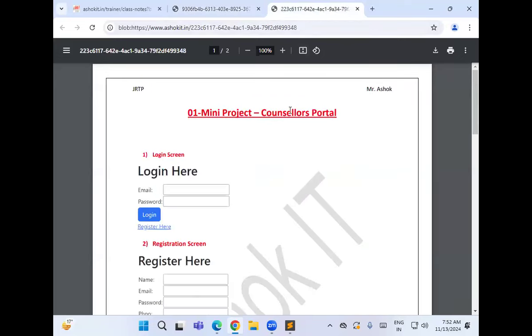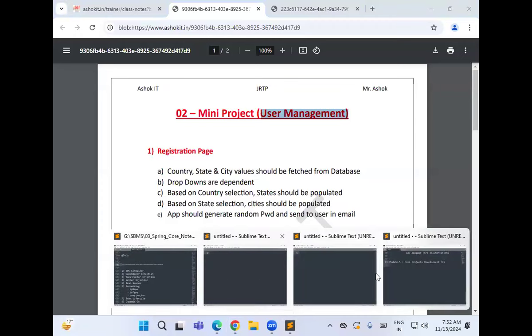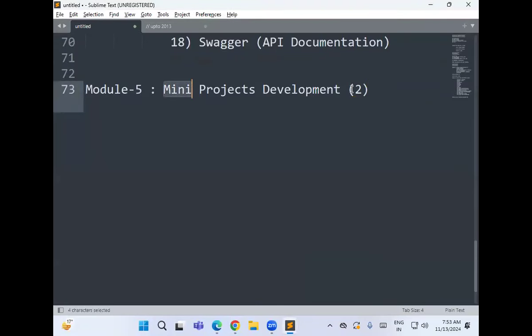One mini project is related to a counselors portal. The second mini project is related to user management. So two mini projects we are going to develop as part of our course. In these mini projects we are going to learn